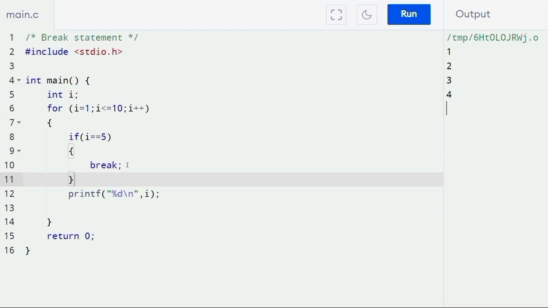So this is the syntax of the break. Just you need to use the